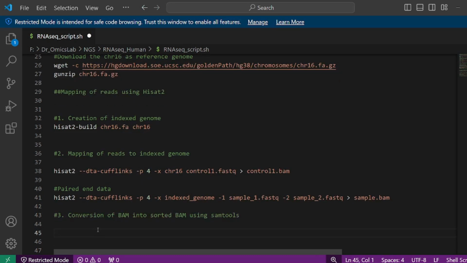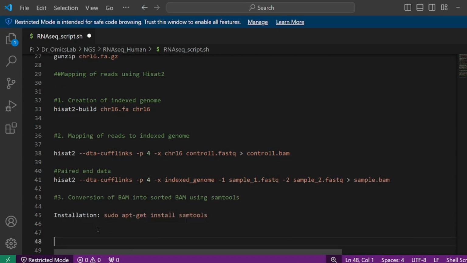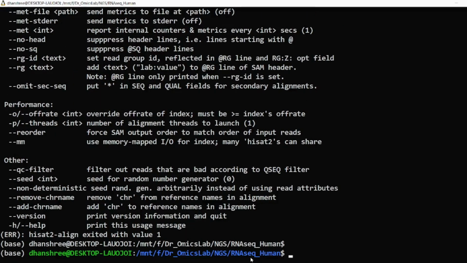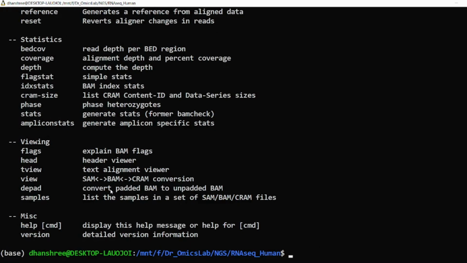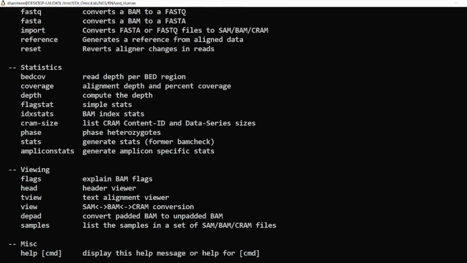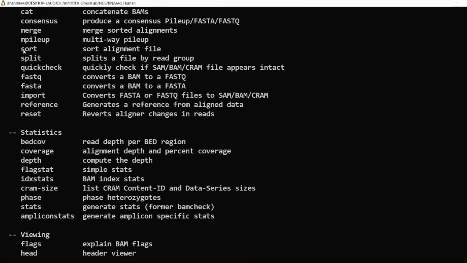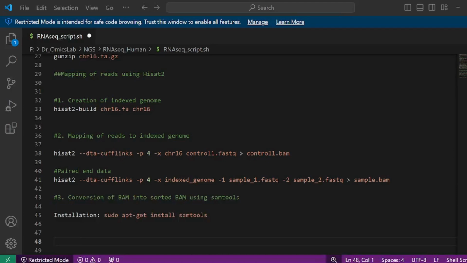So again, how are we going to install SAMtools? You can install it from the repository: sudo apt-get install samtools. If I open the manual of SAMtools, you just have to type samtools and press enter. In SAMtools, you have the option of sort. So if you see samtools sort, it is going to sort the alignment file. So we are just giving the command